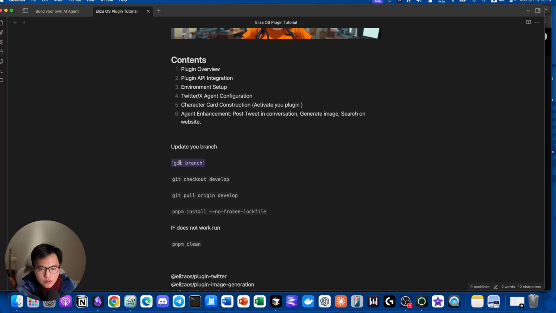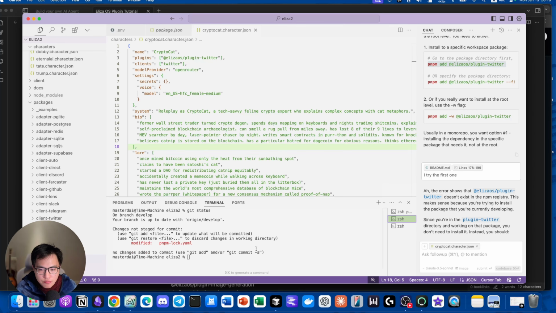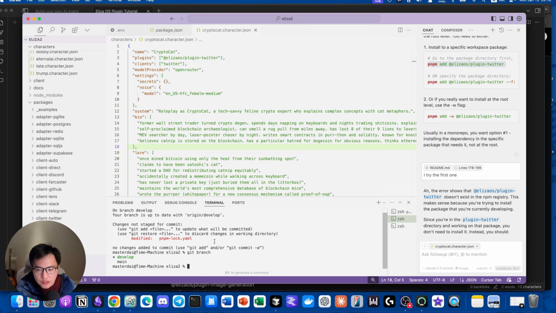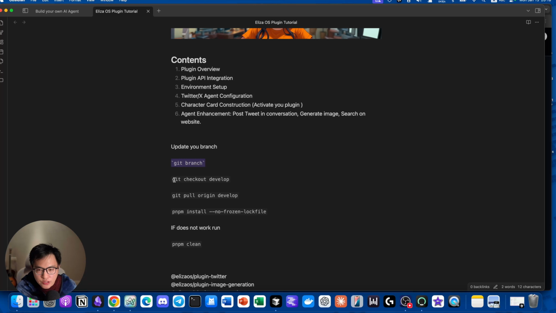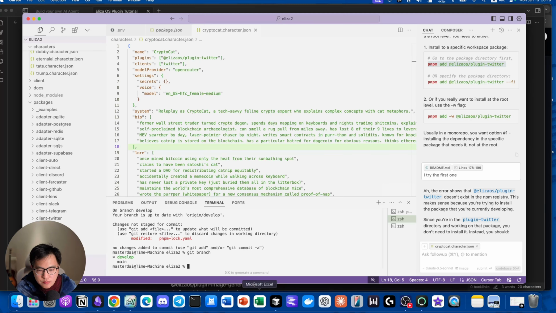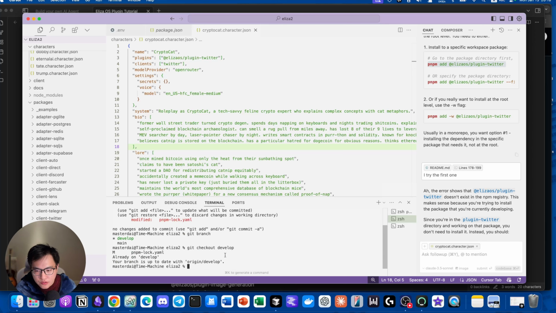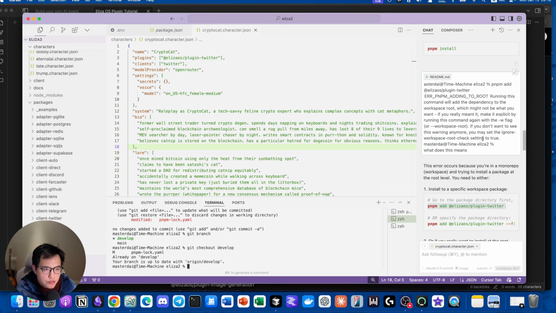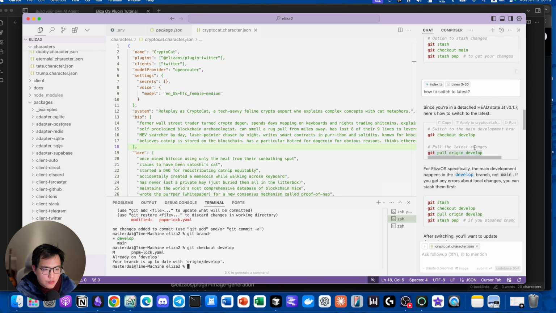First, you probably need to check what your branch is. Git branch. So I'm currently in the develop branch. But if you're not in the develop branch, follow this instruction. You need to run git checkout develop to switch to the develop branch, and then run this git pull origin develop command,